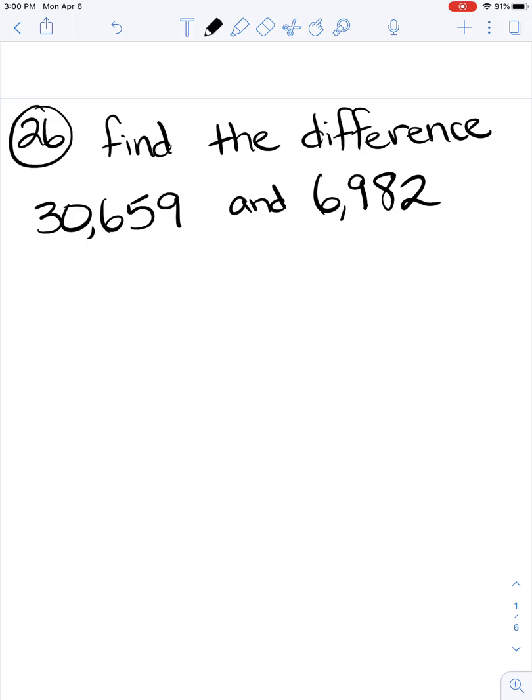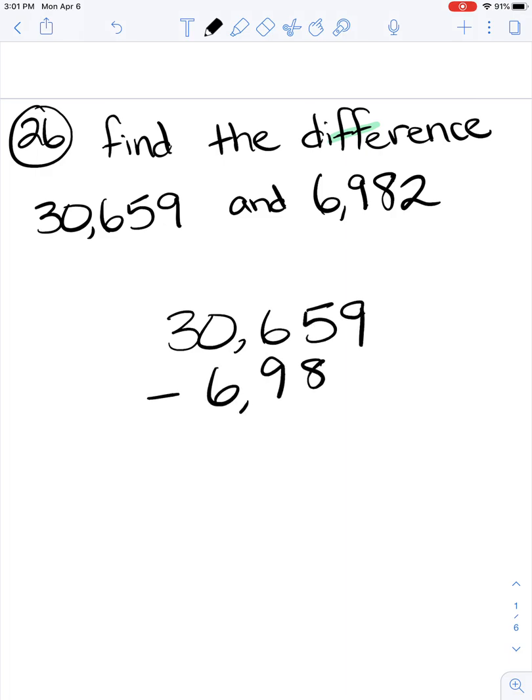Okay, finding the difference. If you remember, when we find the difference on our board, our 2 F's are really, really dark like that, and it makes a subtraction sign. When we subtract, we always put the biggest number on top. So if I have 9, can I take away 2? I can, it's 7. If I have 5, can I take away 8? Nope,